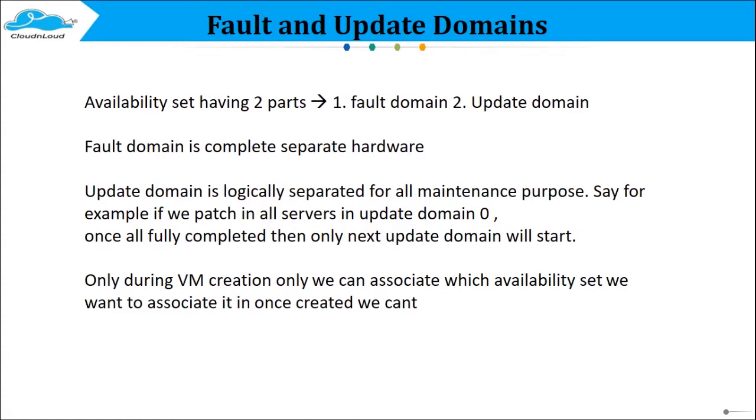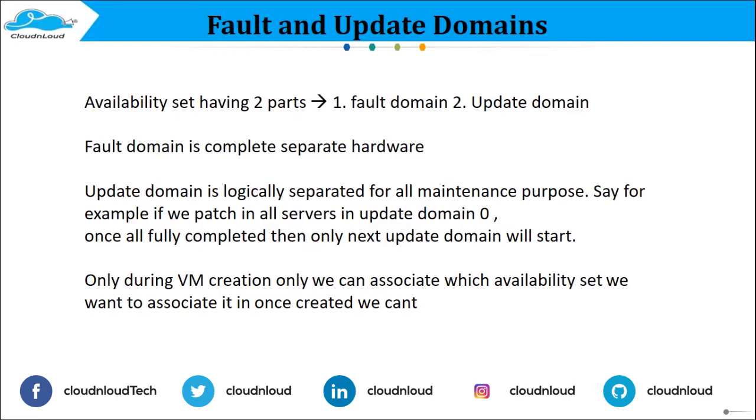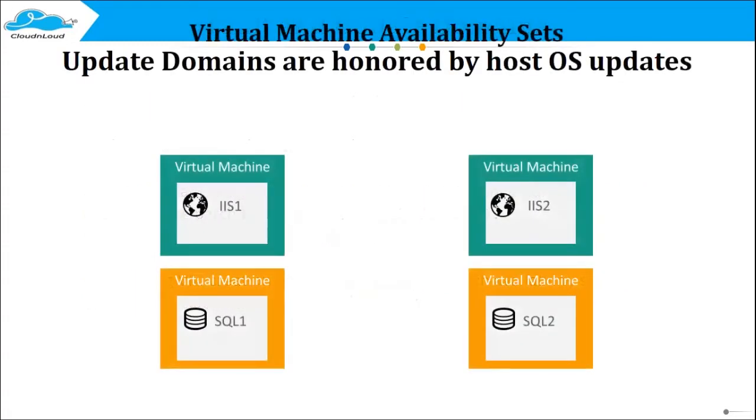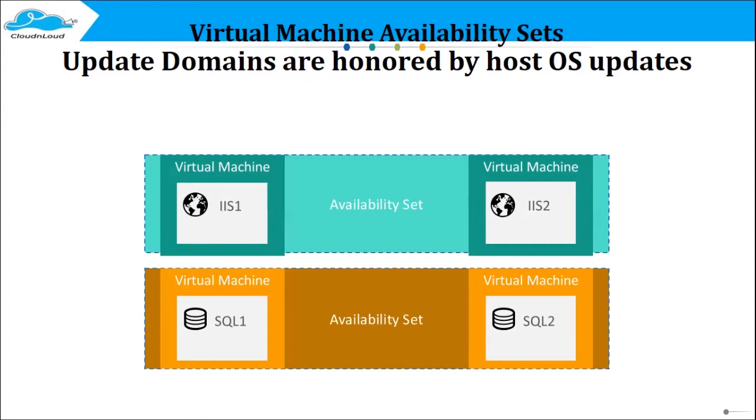Whenever they start any patching for a specific application or deliverable, they first do it at the update domain level so that they can cover the whole cluster. So in availability set, whenever you provision any compute resources, fault domain and update domain are very much essential. Update domains come into the picture whenever you go for any OS updates or patching across the hardware racks.